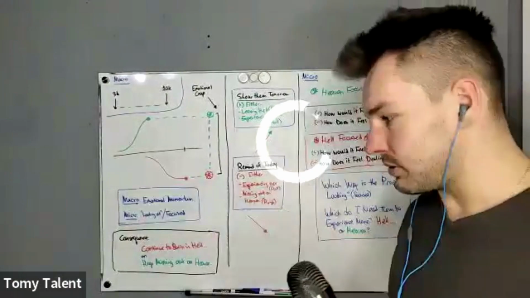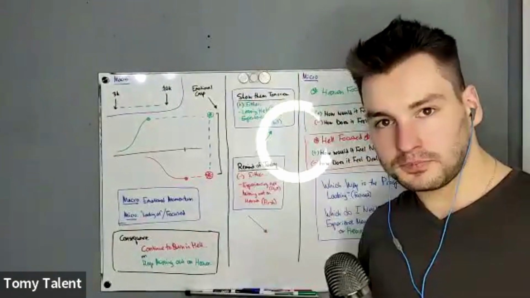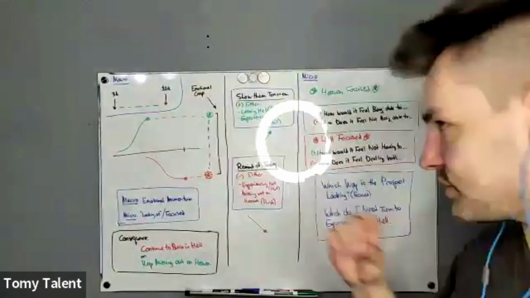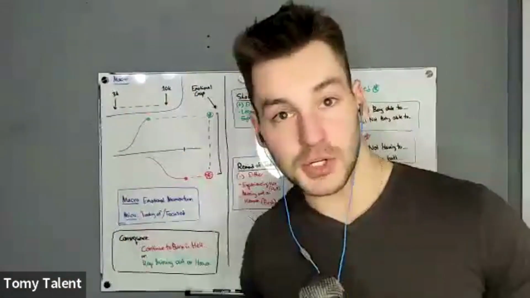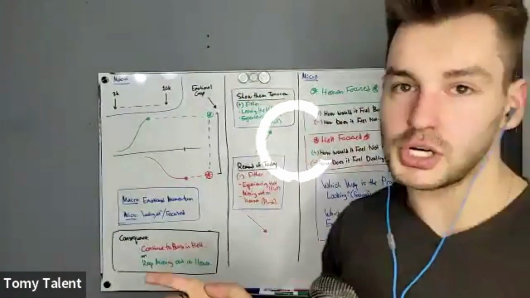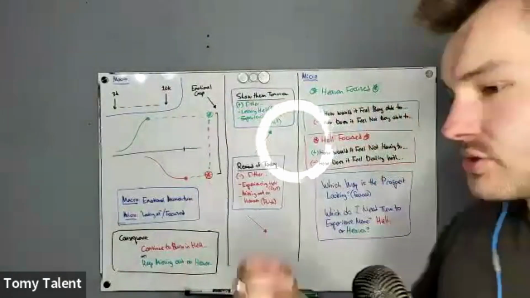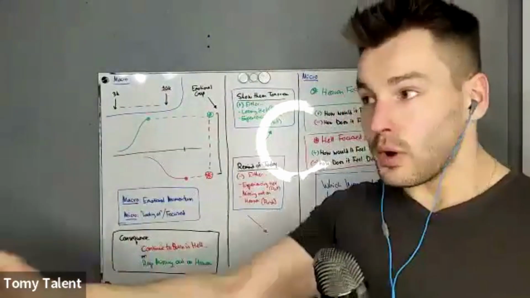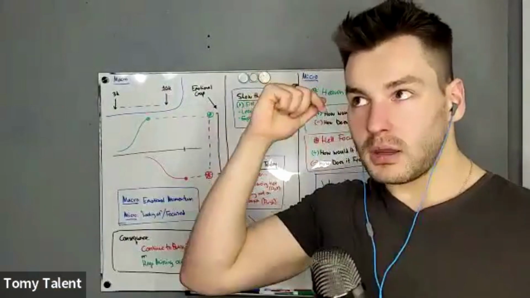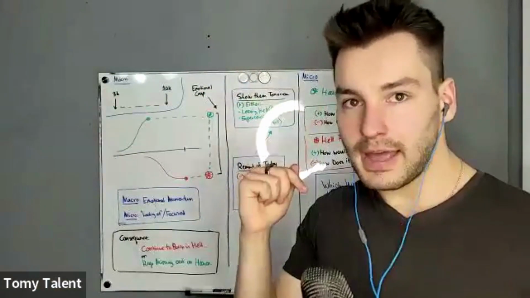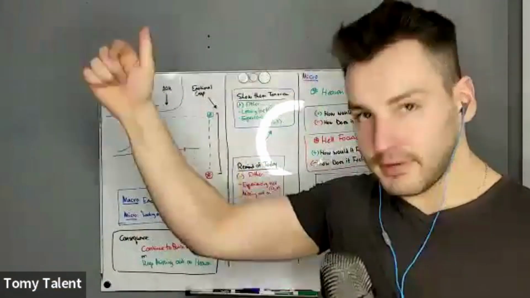Okay, so there's two components. Again, there's macro and micro. Macro is, what do I need them to go to? What direction do I need to move them in emotionally to build the emotional gap? And then once you know what direction you need to move, when they give you something, are they hell focused or are they heaven focused?